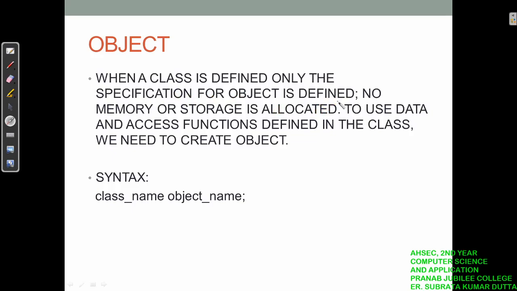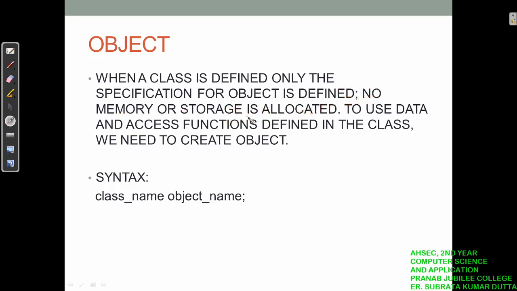That means when we create a class, it just tells the compiler that a class is created whose name is, say, ABC, and that class contains, say, variables x, y, z and a function, say function1. But it doesn't allocate any memory or storage.